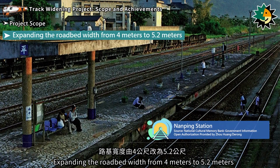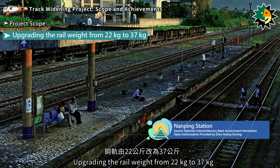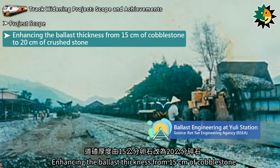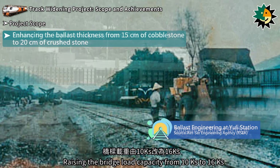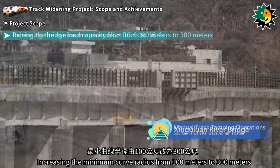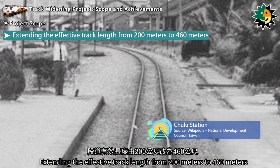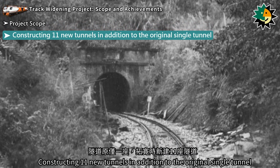upgrading the rail weight from 22 kilograms to 37 kilograms, increasing the length of sleepers from 1.55 meters to 2.15 meters, enhancing the ballast thickness from 15 centimeters of cobblestone to 20 centimeters of crushed stone, raising the bridge load capacity from 10 ks to 16 ks, increasing the minimum curve radius from 100 meters to 300 meters, extending the effective track length from 200 meters to 460 meters, constructing 11 new tunnels in addition to the